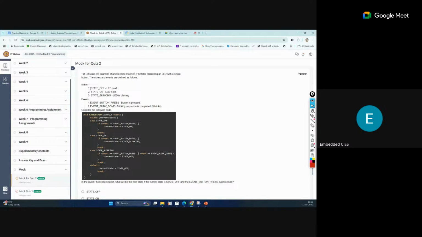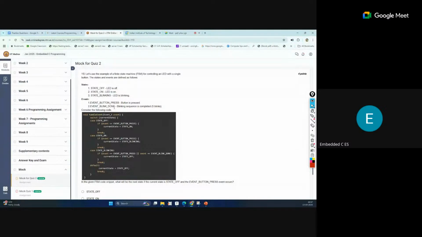So here our states are the current state values. What is the meaning of this? State off means the LED is off. State on means the LED is on. State blinking means the LED is blinking. These are the states for the LED. And events are the type of events we give to change the state. That is event button press, which means the button is pressed, only one time.